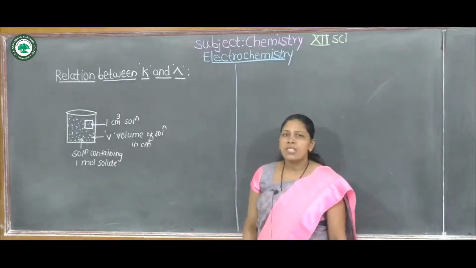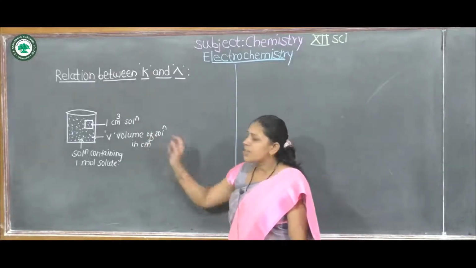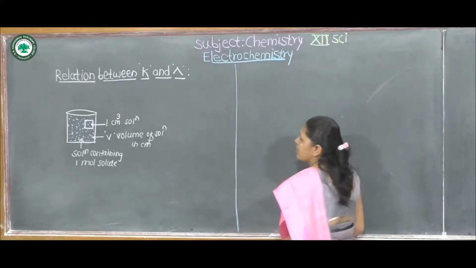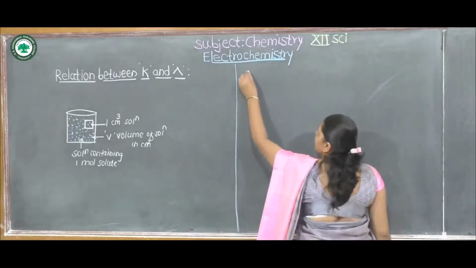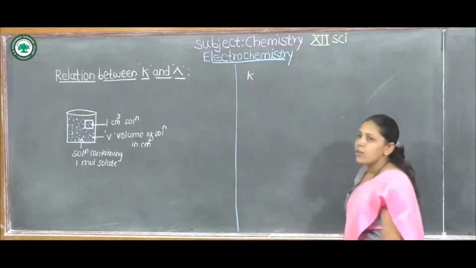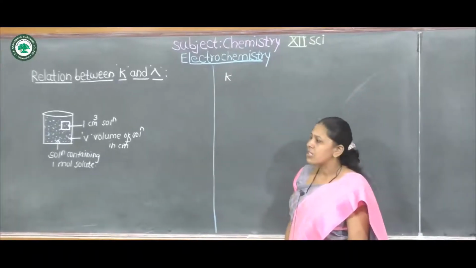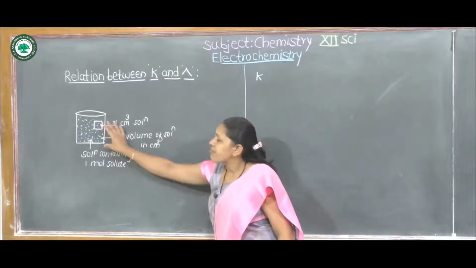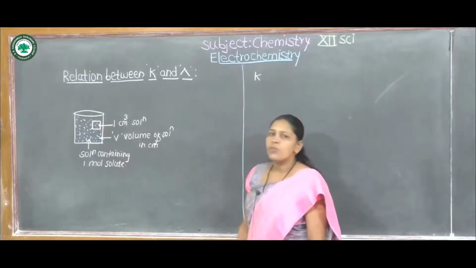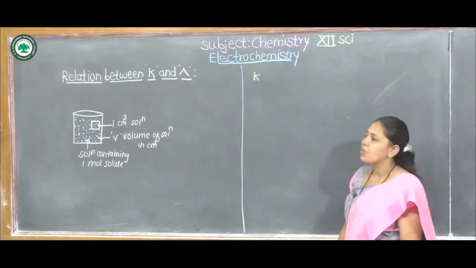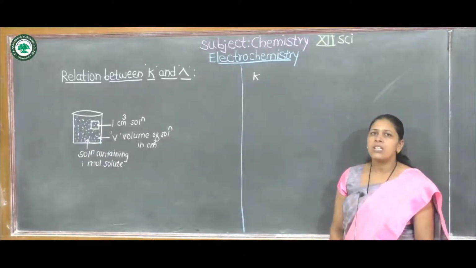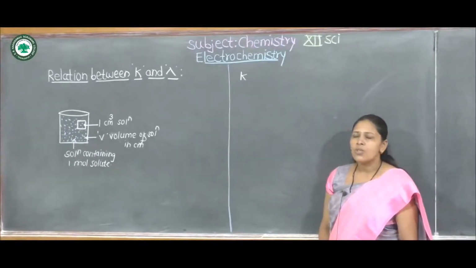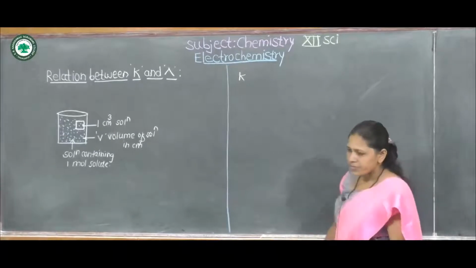This diagram indicates that 1 centimeter cube of solution has conductance denoted by K. Then the total conductance of this solution having volume V centimeter cube is nothing but molar conductivity multiplied by the volume of solution. Therefore